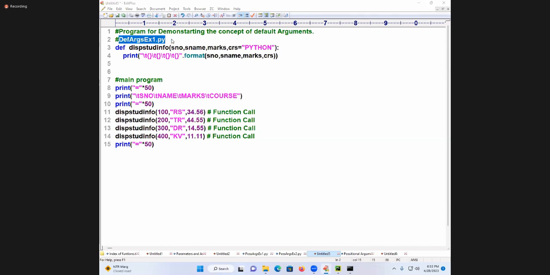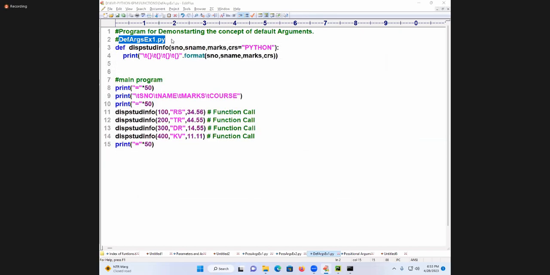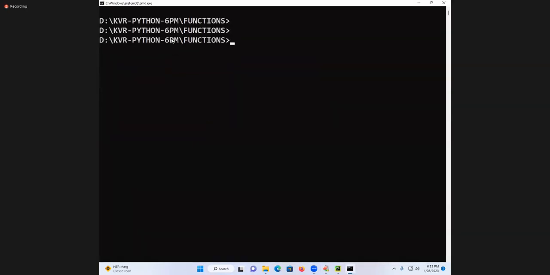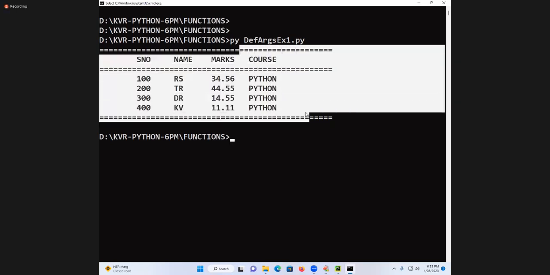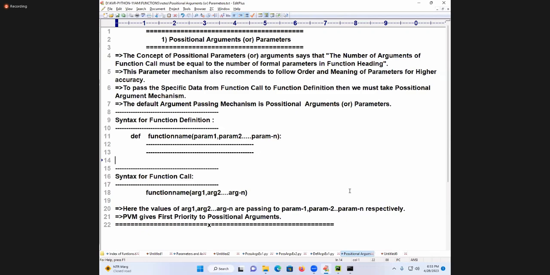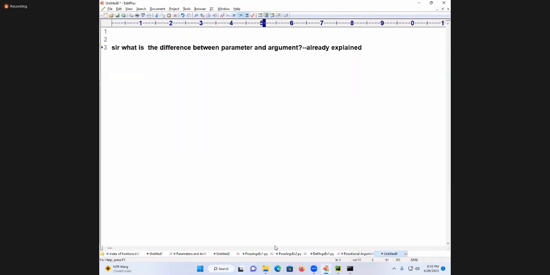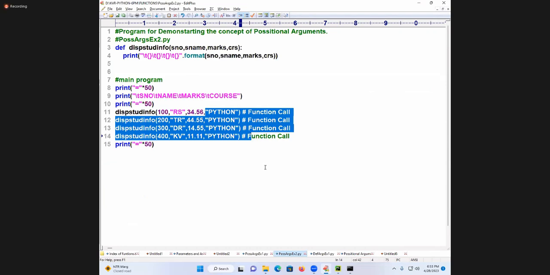First let me run this code. Default arguments, I am coming. Let us save this now. Execute. Go to the place. Py. See students, the same answer came or not? Then what is the difference between the previous program and this program? This is going to be a much more performance-oriented program. And the other one is called what? This part is unnecessarily carrying the same value again and again, or not.